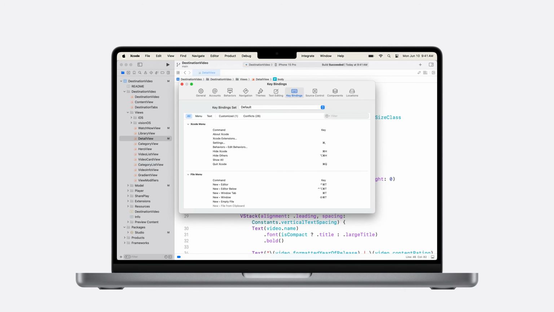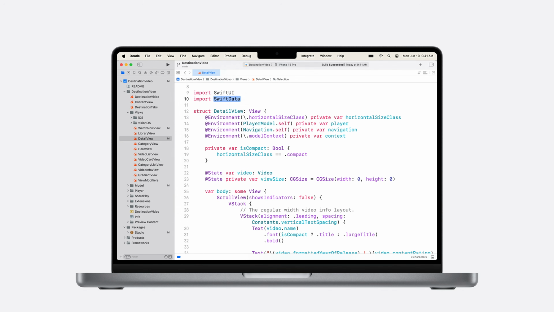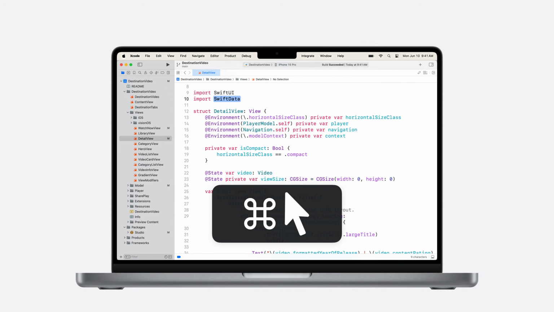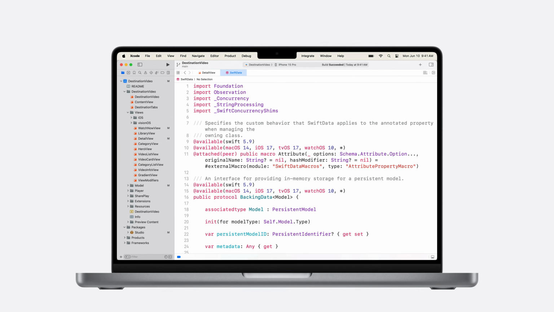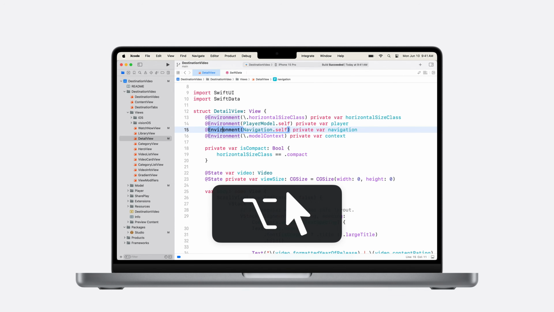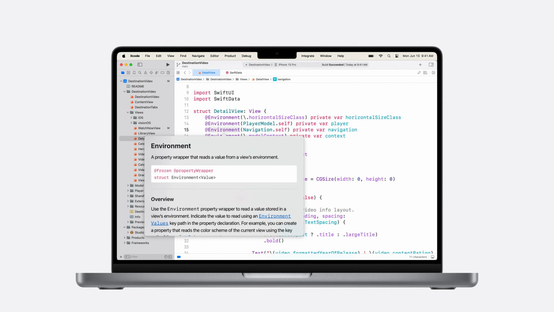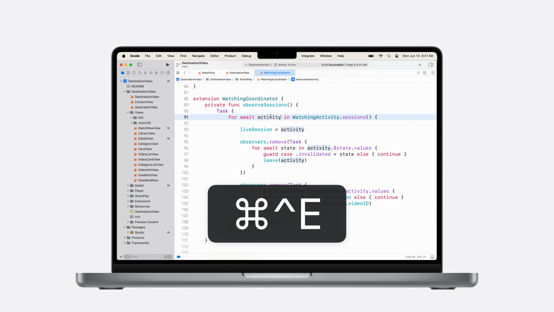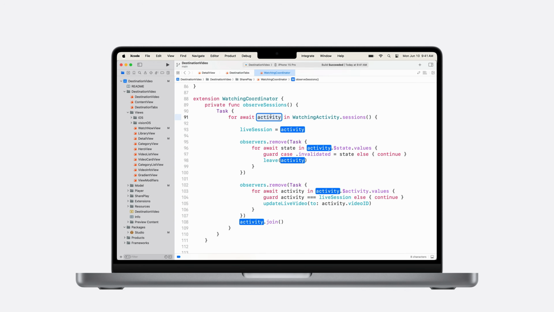You can explore and customize Xcode's many unique commands by navigating to the Key Bindings tab in Xcode's Settings pane. Here are some of the go-to commands amongst our team. Jump to Definition, which you can invoke with Command-Click, will take you to the definition of a function or type. Use Option-Click to show quick help and see either the documentation for the clicked symbol or, for switch variables, their inferred type. Edit All in Scope, which you can invoke by pressing Command-Control-E with text selected, will rename a symbol and all of its occurrences in the current file.